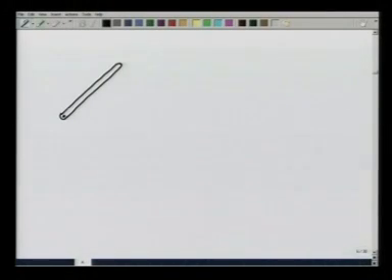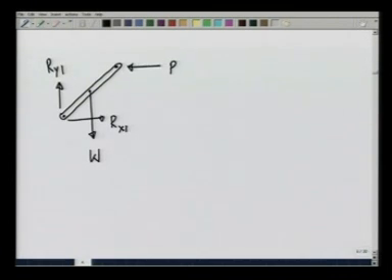If I take the same rod and put a pin joint here and also a pin joint here, in that case this is the weight W. I will have R y 1 and R x 1 on the lower pin joint, R x 2 and R y 2 on the upper pin joint. In that case, you see that the number of unknowns is 4, R x 2, R y 2, R y 1